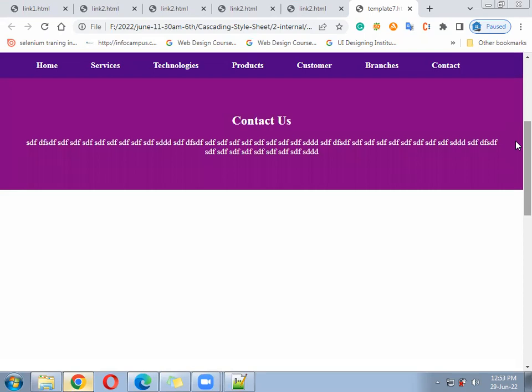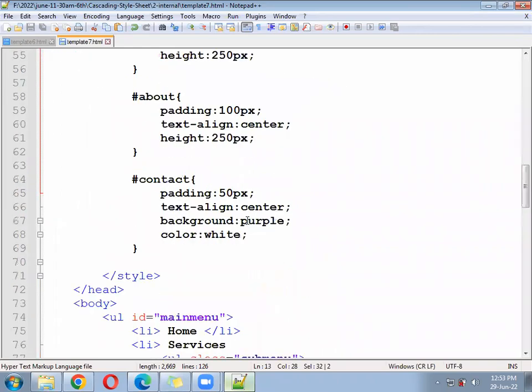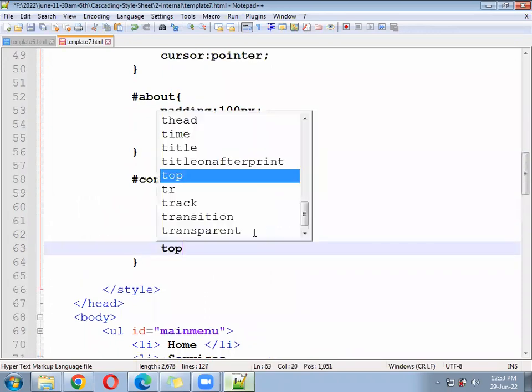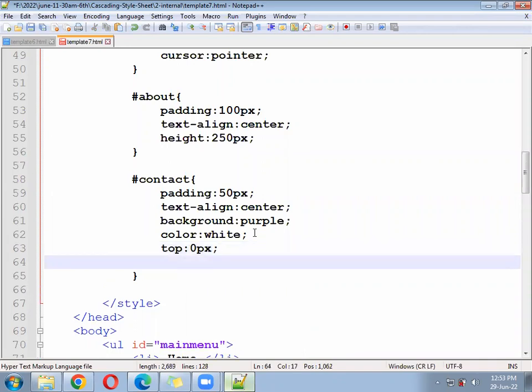Sticky. Okay. So for the menu, we have written position as fixed. Position is fixed. Okay, come down now. For contact, you will write top. From top, if there is 0px, then